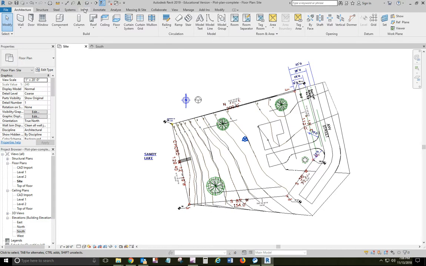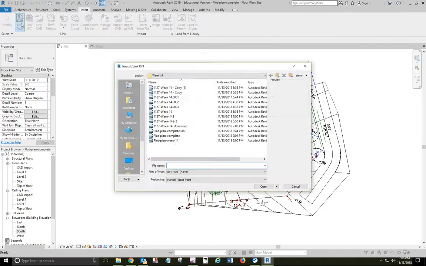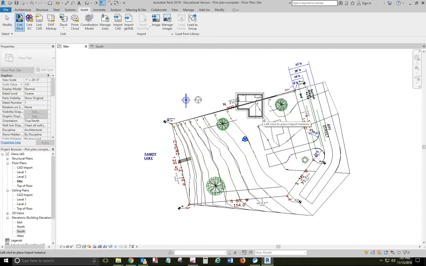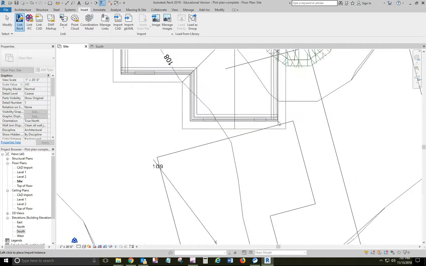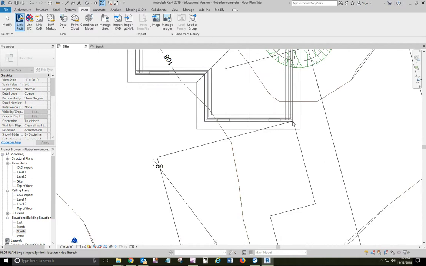All right, so we're going to go insert Revit link, and you're going to use the one that says week 14 download. I've got that one set for you. It's clean. It's ready to go. We're going to change this to be manual base point for our positioning. And we'll go open. And I want to drag it, and I want to get it close to the corner right here